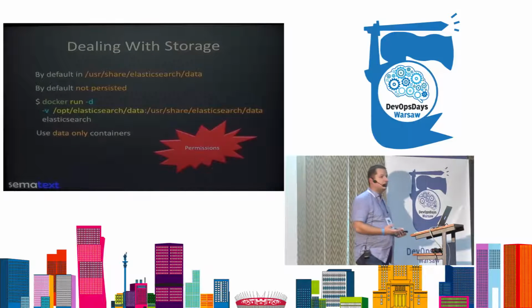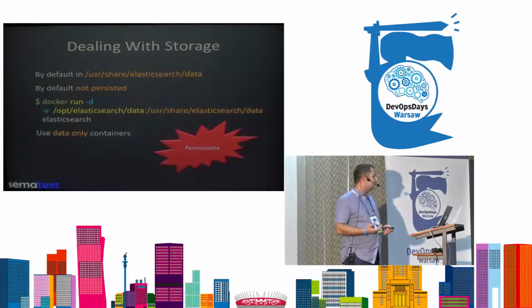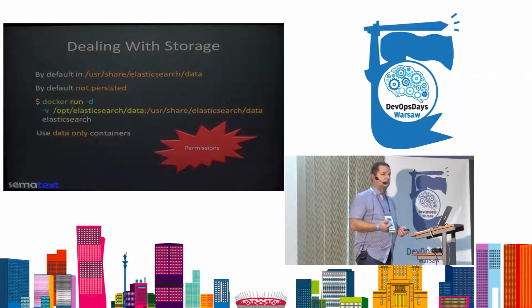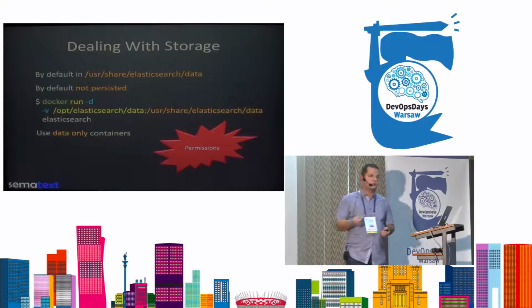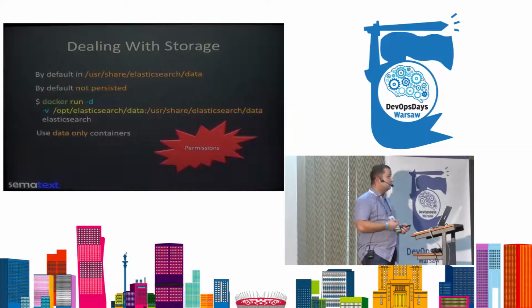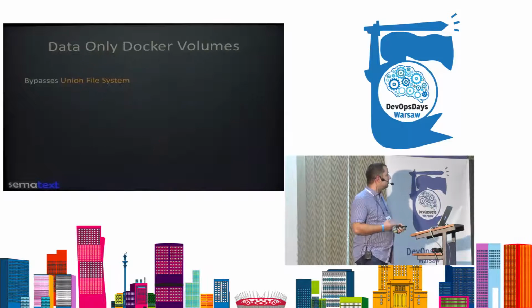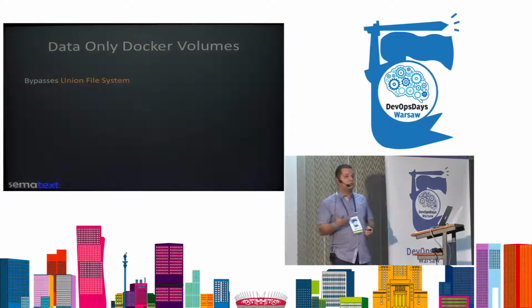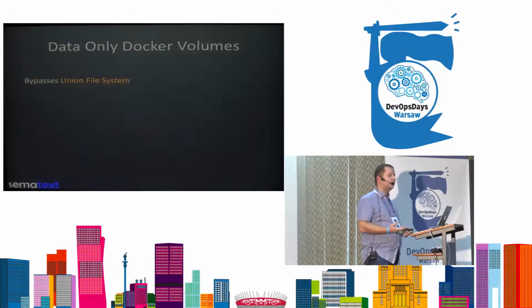The second thing is to use data-only containers. Those are stateful containers that are not that old. They are quite young. And the thing to remember is to remember about permissions, because if containers interact with the host operating system, then they need to have the permissions to write and read from those directories. And the data-only volumes in Docker bypass the union file system of Docker, which means they can interact with the operating system